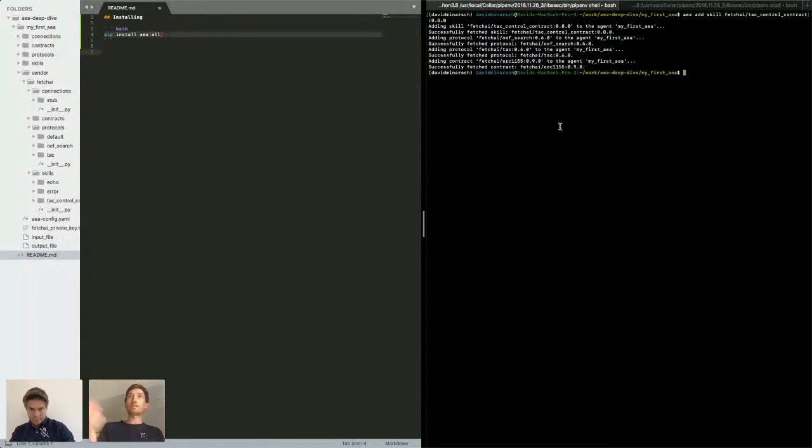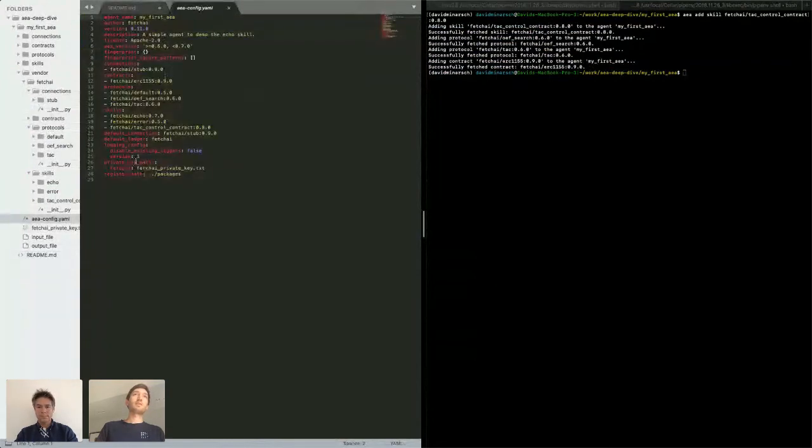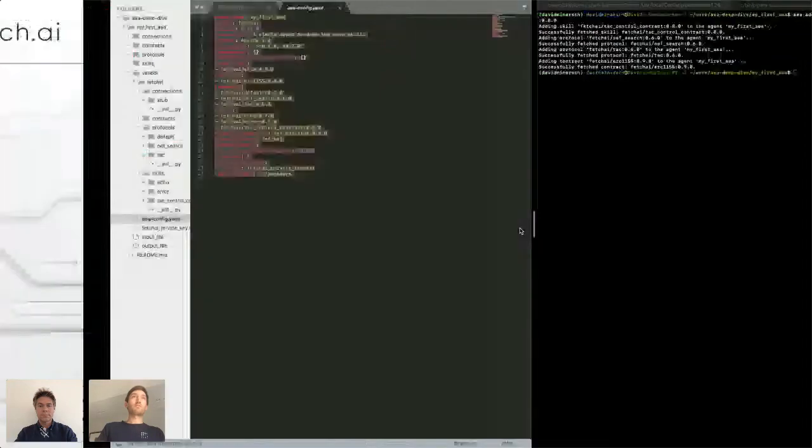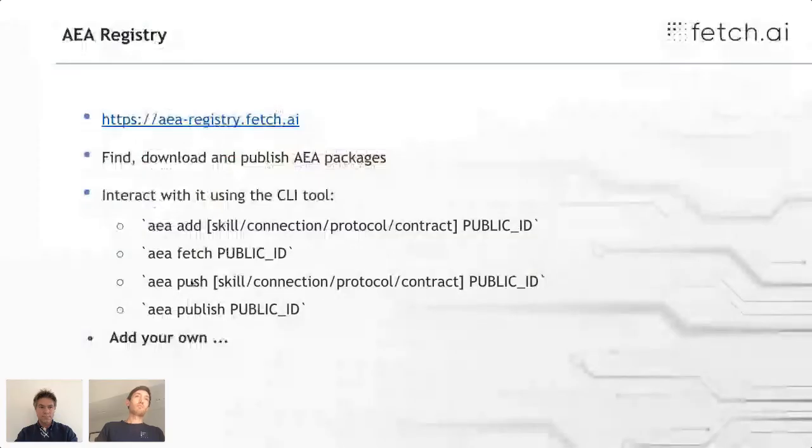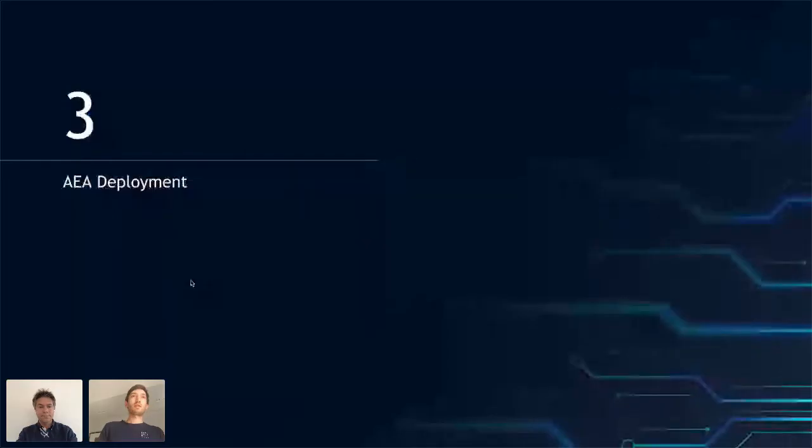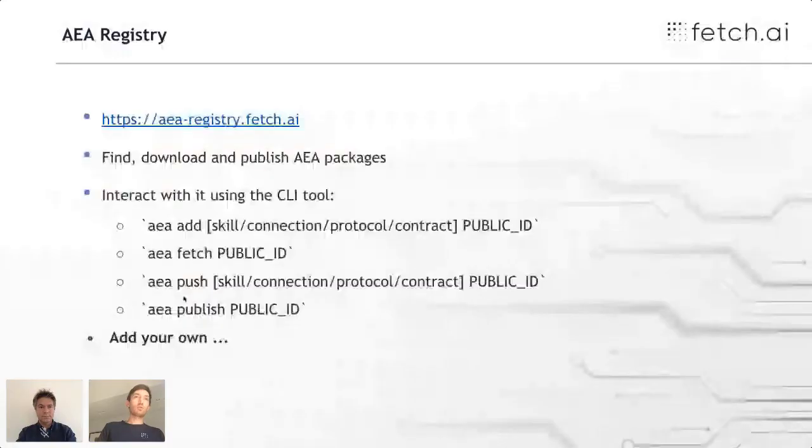It basically just lets me compose these projects from finished components, which then arrive here and are referenced in the AA file. And then what I can do is I can publish again a new project with the respective commands. So I can push individual components, or I can publish entire agent projects.